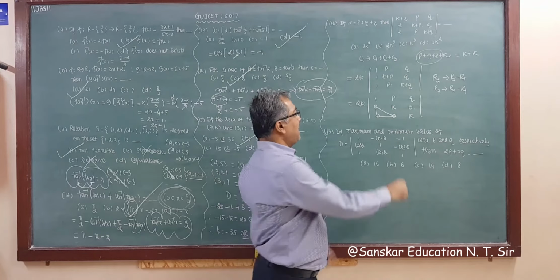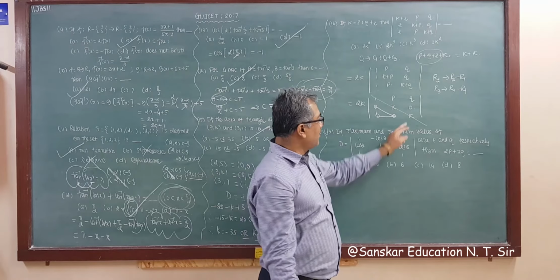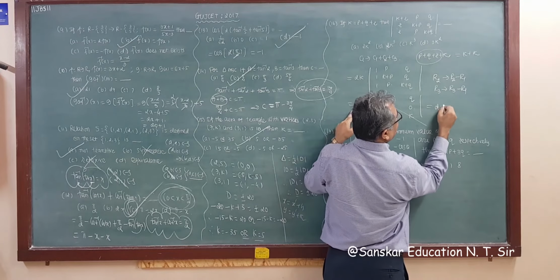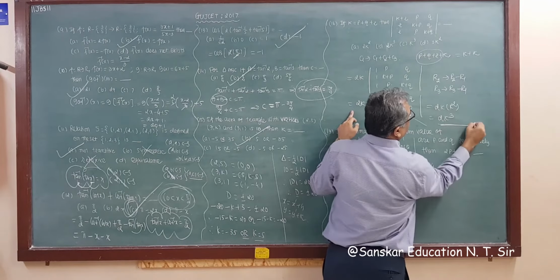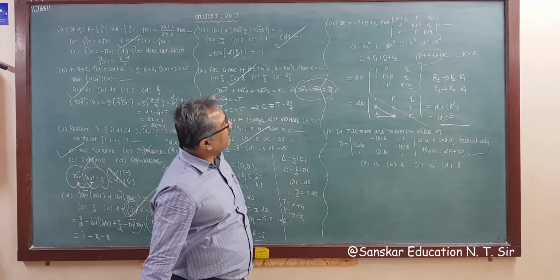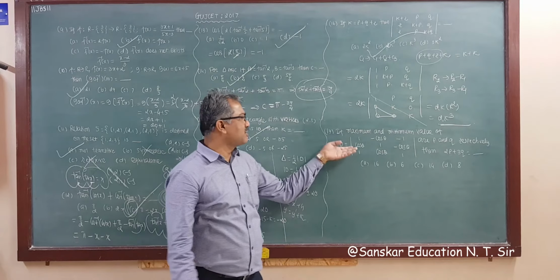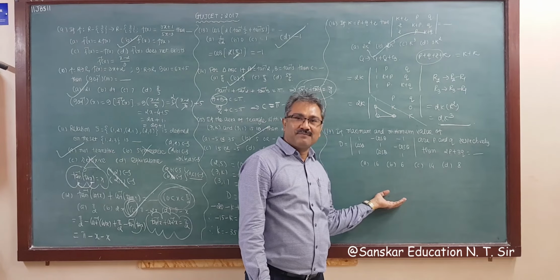Right? So the answer of this is the multiplication of the elements on the main diagonal. So multiplication is K into 1 into K, which is K square. So the answer is twice K into K square, that is 2K cube. So the correct answer is 2K cube, your option number B. Right? And this is the most important and most famous example for competitive exams.